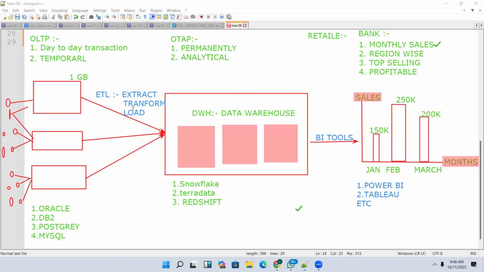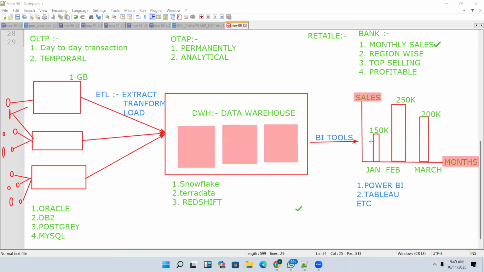Now I just said data will be moved from OLTP databases to OLAP databases, right? How can we achieve this goal? By using some ETL tools. I told you here, if you want to develop visual reports, you need BI tools, meaning you have to take the data from the data warehouses.